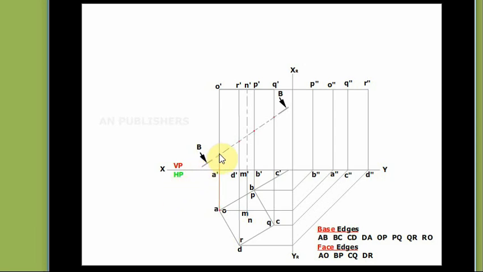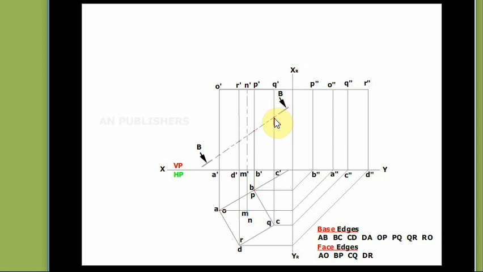From that point, draw a vertical line. Next point is here. Draw a vertical line. The vertical line should be extended, for example, this point is on the vertical edge C dash Q dash.